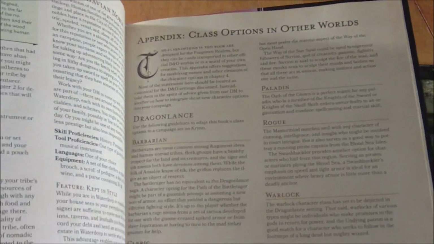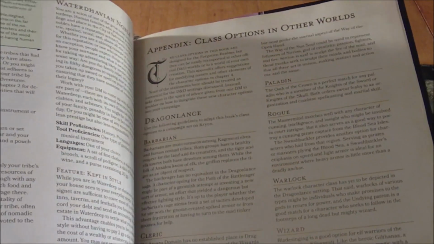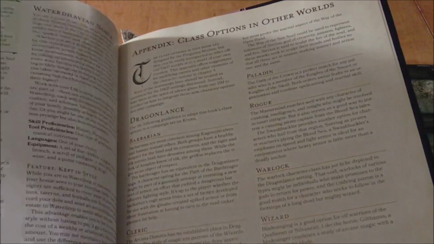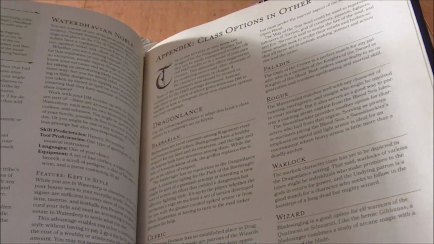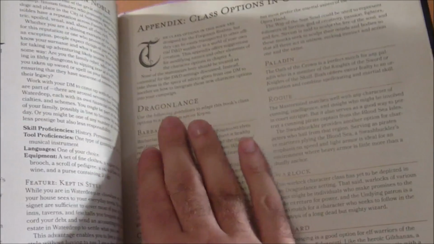The last part of the book is the appendix here, and this is actually something that kind of blew me away, because in no way, shape, or form was Wizards or Green Ronin, who actually did the writing for this, required to acknowledge any of the other campaign settings. I mean, the Sword Coast is very much a Forgotten Realms setting. Very much a part of the Forgotten Realms, but it actually goes into how to introduce some of the new